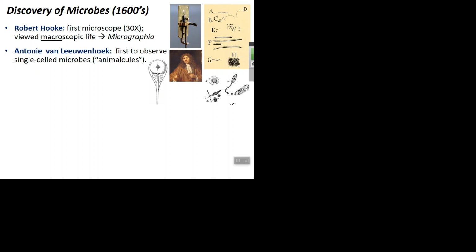Now, of course, we're talking 1600s, okay? What comes about then is where do these things come from? They're invisible to our eyes, and now we're seeing this stuff. What the heck is it, okay? And where do they come from? So now you get all these kind of crazy ideas, which have already been around for a while. This is actually something that Van Leeuwenhoek thought he saw, because he examined sperm, okay? And he thought he saw this in the head of a sperm, okay? And if you look closely enough, right, it's actually a fully formed human, okay? So I don't know what he was smoking that day, but